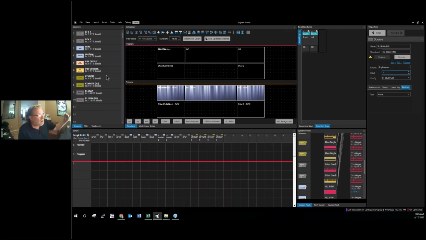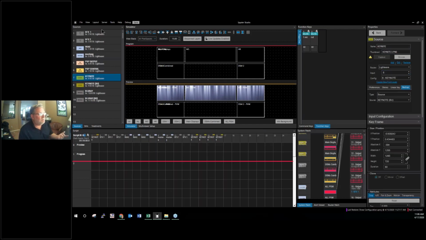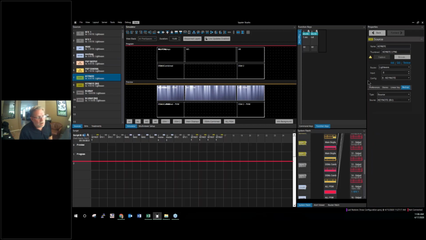But all of them, both the mains and the backups, are coming into my system. They're all coming in, feeding an input. Well, in the event that one of my main sources were to fail, notice all of my sources are going, or they show them patched into a router, right? So what I can do is, if I select that source, I can come over to the property panel and